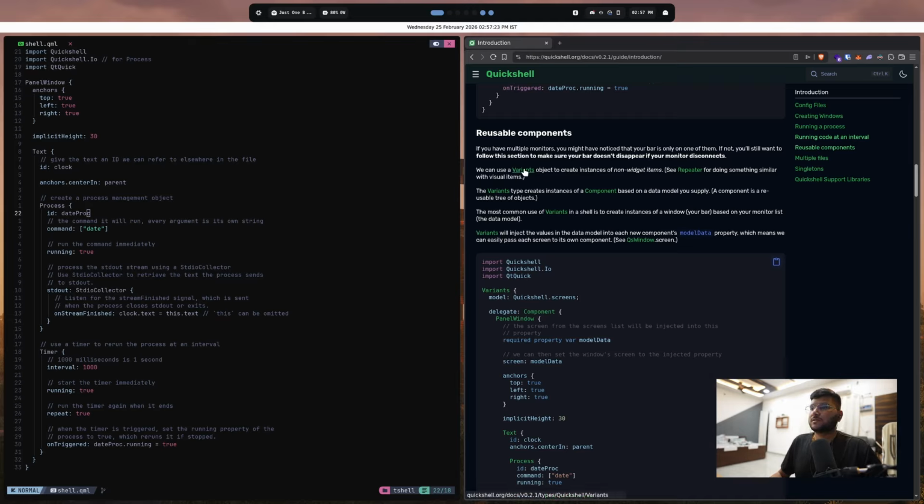What is variants? It's something from Quickshell itself, to create an instance of non-widget item. Say repeater for doing something similar with visual items. These are sort of a singleton kind of thing, I think. The variants type creates instances of a component based on a data model you supply. A component is a